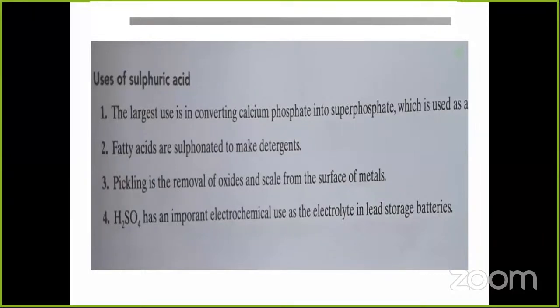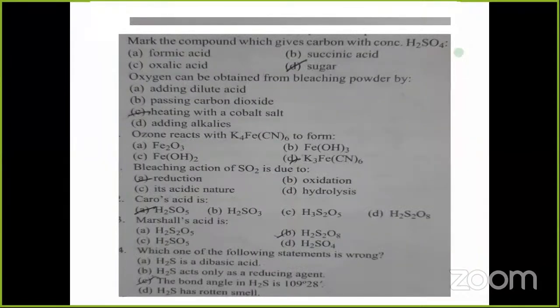H2SO4 ని జనరల్లీ we call chamber acid అని కూడా అంటారు. కింగ్ ఆఫ్ ది కెమికల్స్, chamber acid అని కూడా, ఆయిల్ ఆఫ్ విట్రియోల్ అని కూడా పిలుస్తారు. ఆయిల్ ఆఫ్ విట్రియోల్ అనే నేమ్ కూడా దీనికి ఉంది. సో దీస్ ఆర్ ద ఫ్యూ క్వశ్చన్స్ అబౌట్